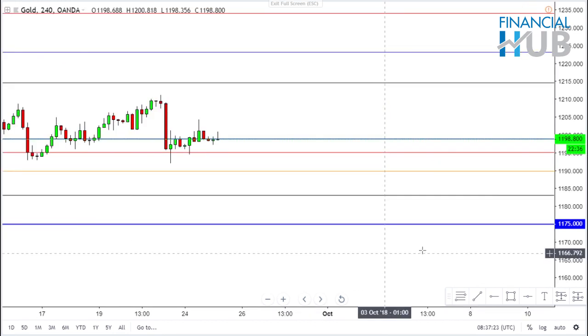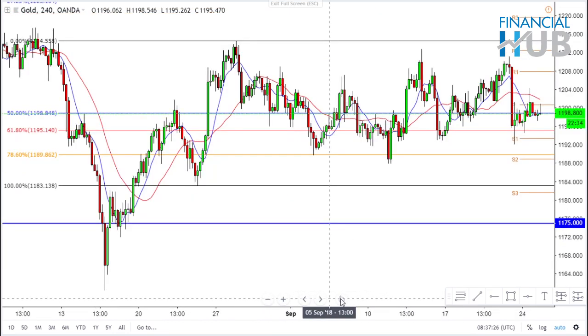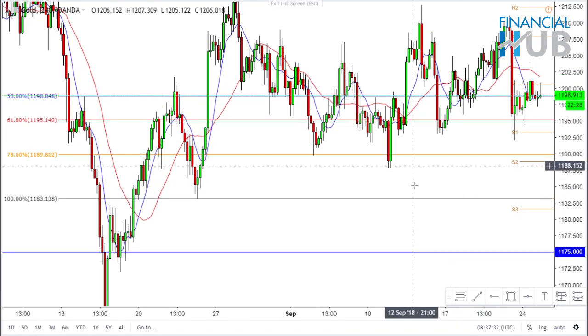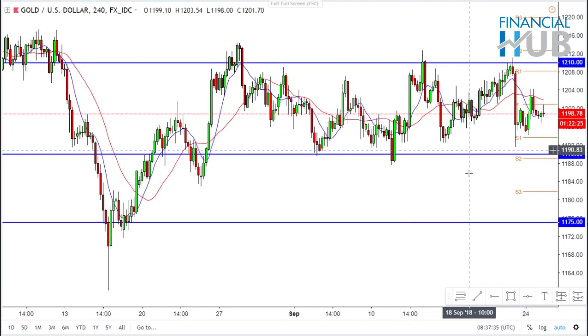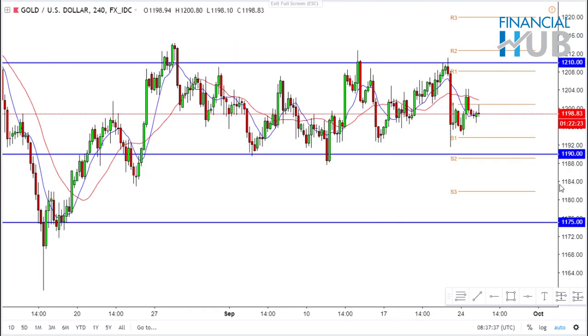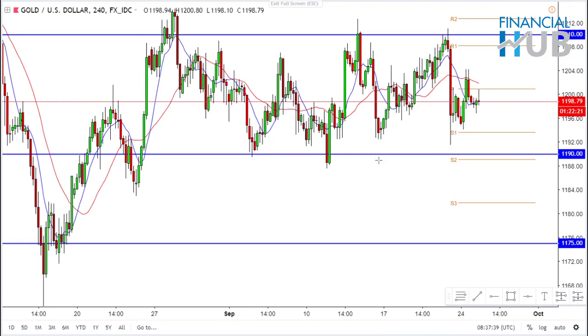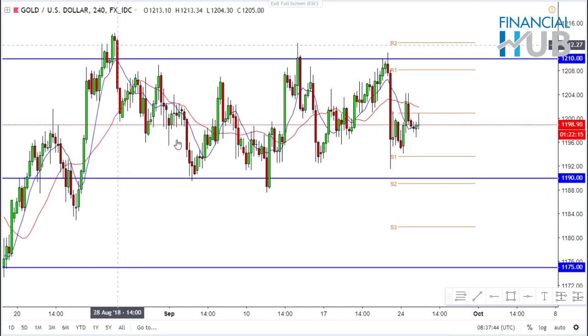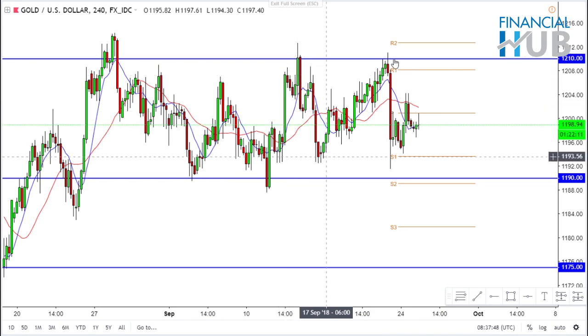This is my 4 hour chart. As you can see, I have my two zones marked, which is 1210 and 1190, and the markets have bounced off once, twice. The third time came back lower, then the fourth time, and they are now going lower. So if we perhaps bounce off this S2 region again, could maybe go higher, but gold has been ranging for